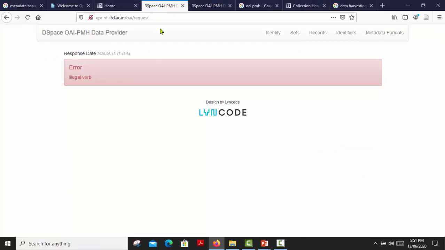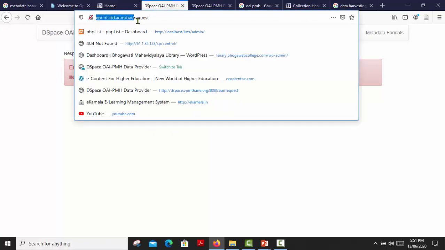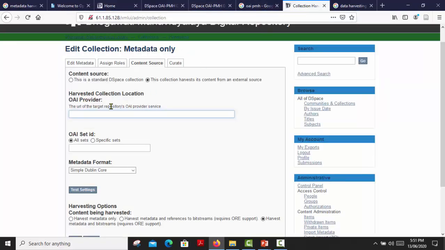This is their site, and our OAI provider address is this. I am pasting it here. The address is eprint.iitd.ac.in/OAI/request. This OAI/request is very important.